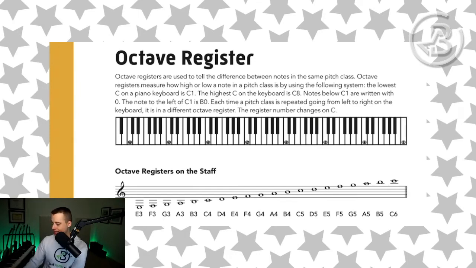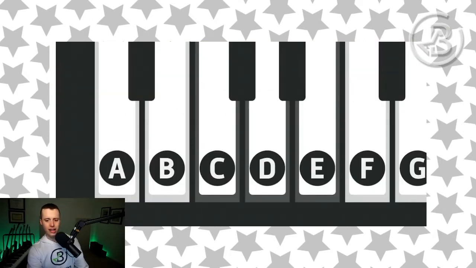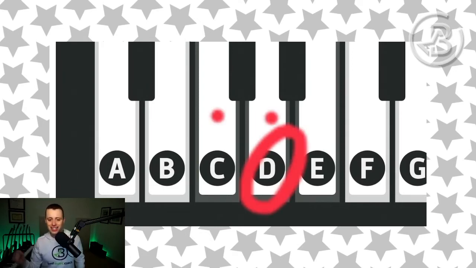Now that means the D that is next to C1 on the piano keyboard. So let's go back and look at this right here. We can see that right next to C, we have a D note. It goes C, then D, just like the basic musical alphabet. So we start on C1. The next note would be D1, and then E1, then F1, G1, A1, B1, and then we get to the next C, so we're going to call the next C C2. The next note would be D2, E2, F2, G2, A2, B2. Then we get to the next C, which is going to be